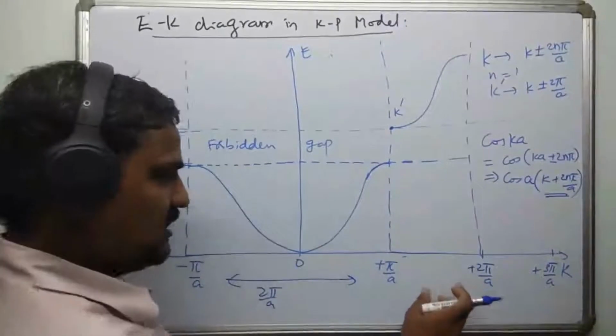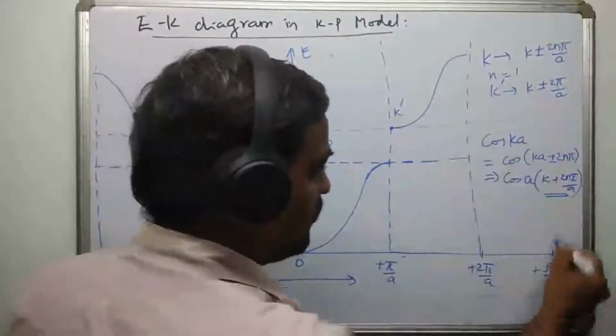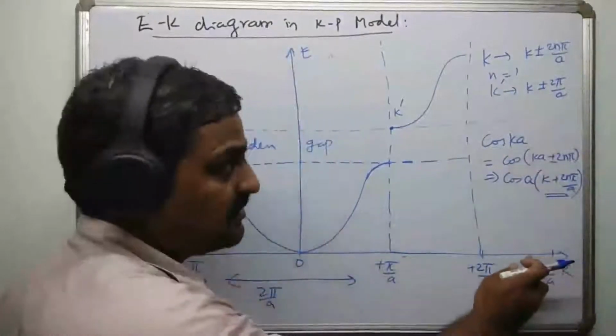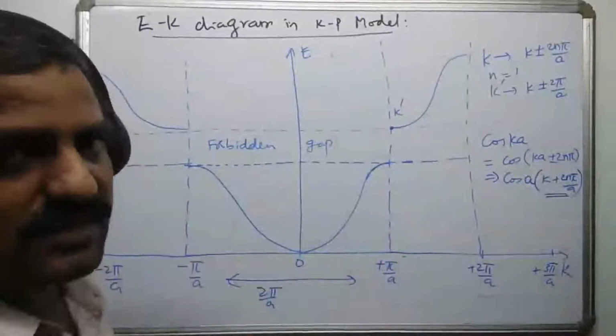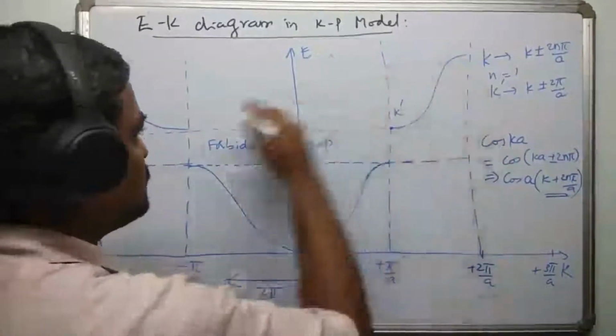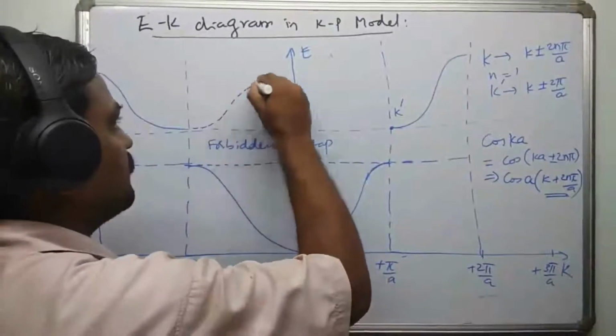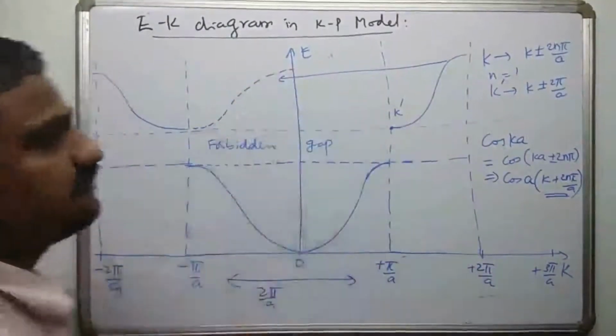As we are having pi by a here, I can put the same graph at 3 pi by a. Of course, I can't show it here. So at 3 pi by a also I can move it. So it is allowed. Even multiples of that also are allowed. So what I can do is simply pull it. If I just draw the same, it's a replica. So I'm simply pulling the graph towards this side.